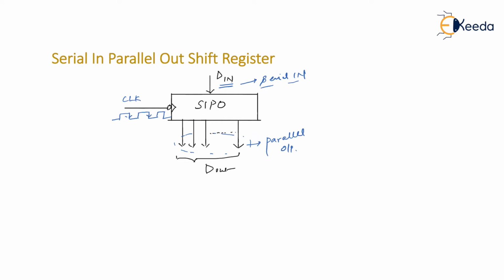So what I have used over here is negative edge triggering. The time space between two negative edge triggerings is t, also called the time period. If you invert it, of course you will get the frequency of the clock, isn't it? So let's see that. Suppose I take an example that it is a 3-bit shift register.